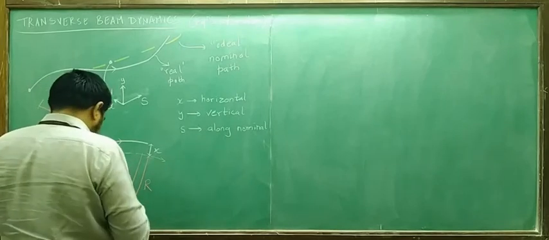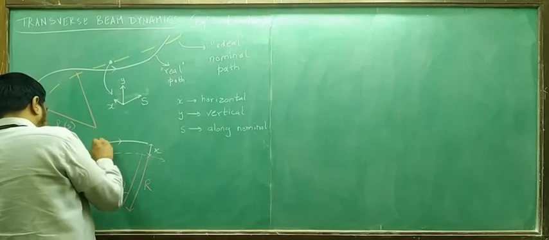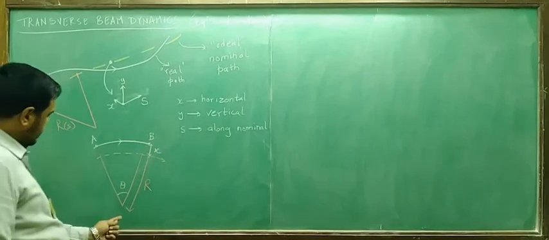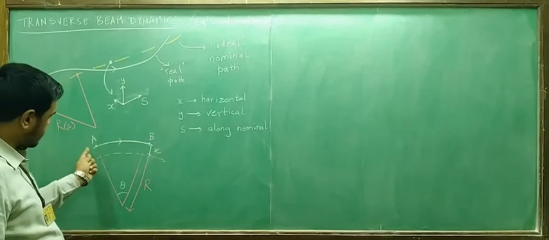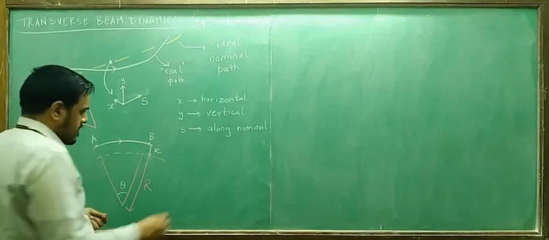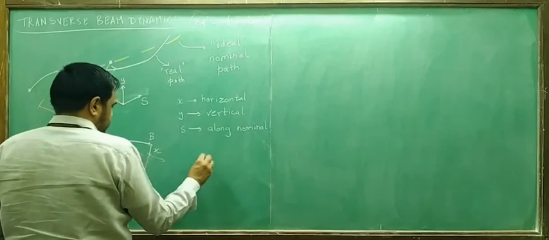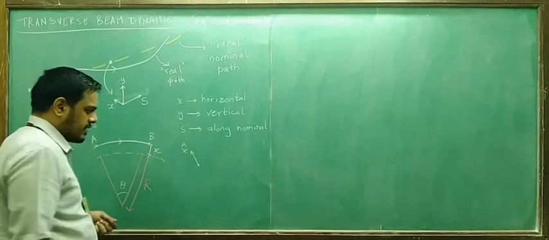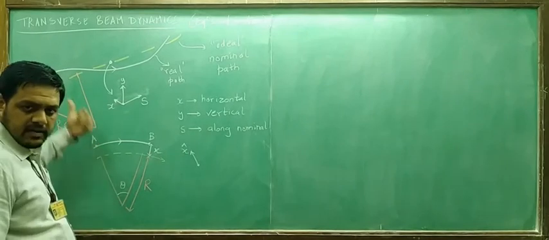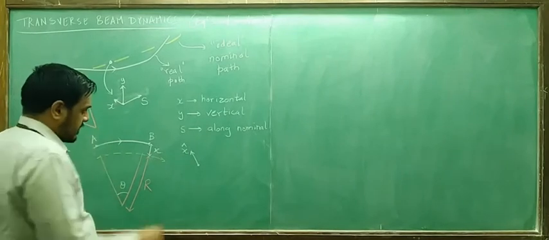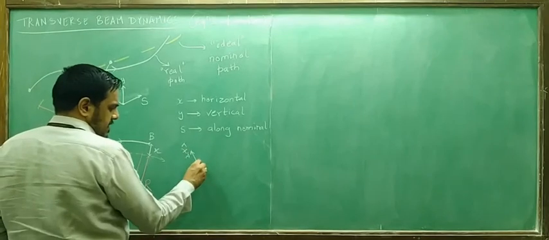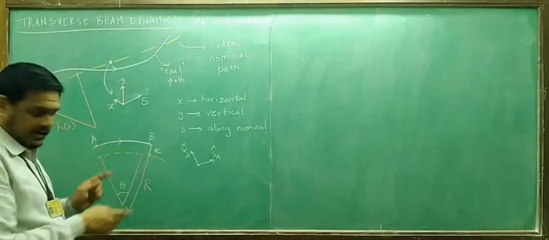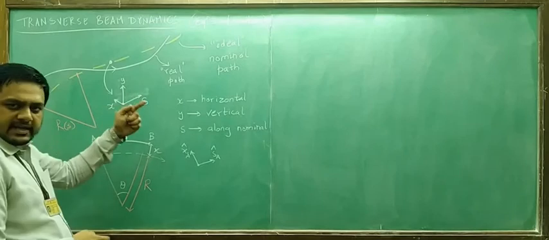Okay. So, if you try to look at the direction of, let us call this particular point as A and this particular point as B. The initial point along the trajectory is called A and the final point is called B. You can see that at A, the direction of x hat will be in this direction. The unit vector in the x direction will be in this direction. Call it x_A hat. And s hat will be in this direction. Call it s_A hat. Unit vectors in the x direction and in the s direction.